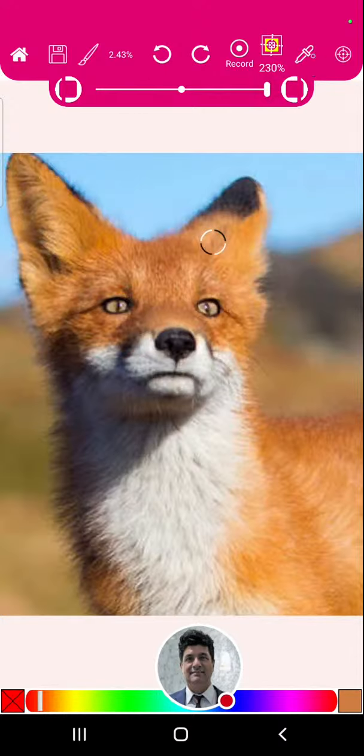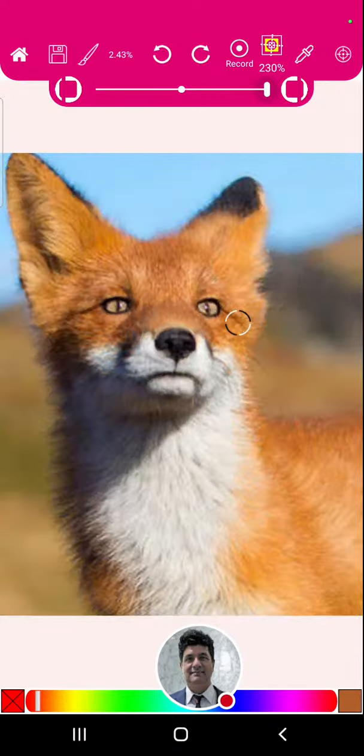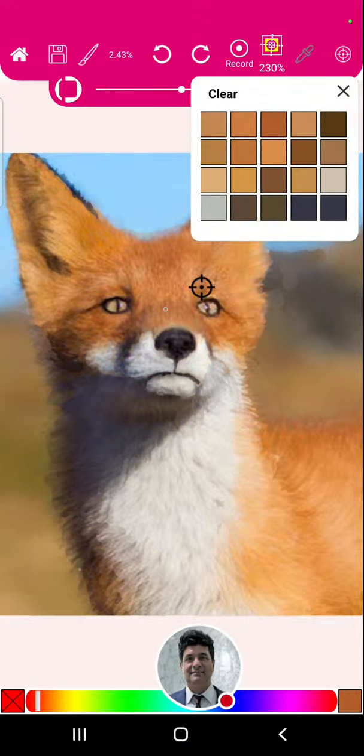Then we can check. See what we're doing? And then you can get darker if it's not coming out. Pick from your color palette, okay? Give this illusion of form and shape. Right? This is much more